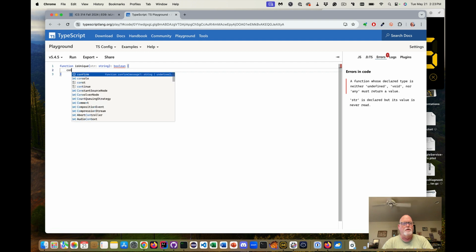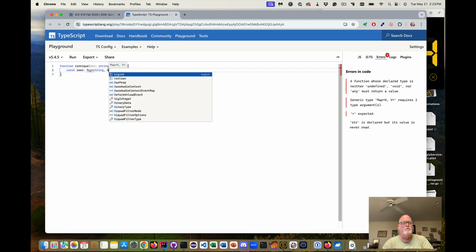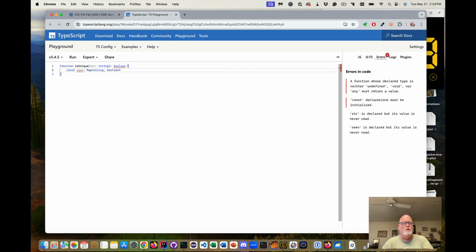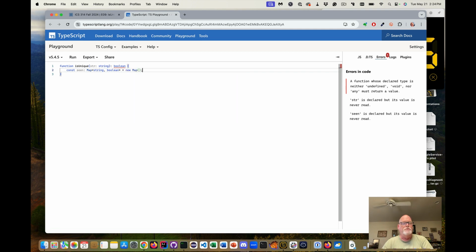So I want to create a const seen, and this is a map of string to boolean. So it's just an object, and we can say it's a new Map. It keeps track of all the characters we have seen.